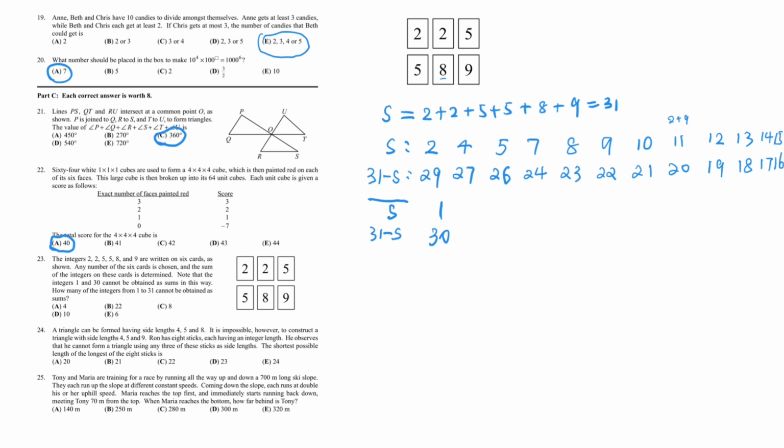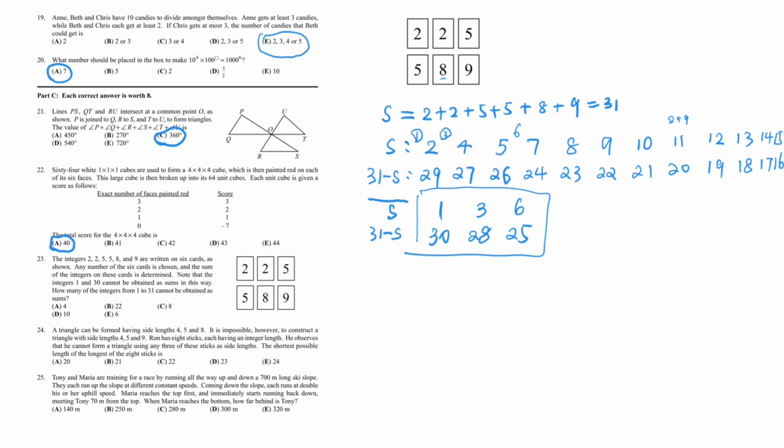Also 3, we don't have the 3. 1, 3. So this is the 3. 31 minus 3, that's the 28. Also the 6 here, we didn't get it. 6. 31 minus 6, 25. After 7, we get all of the numbers. So the total sums we didn't get